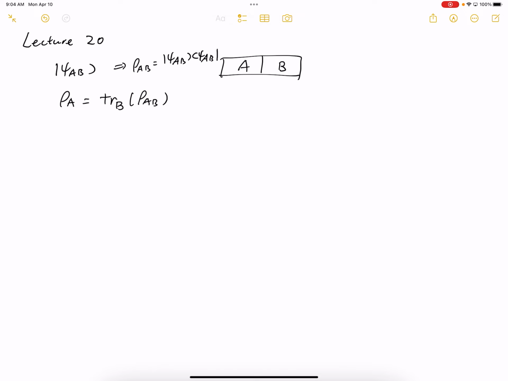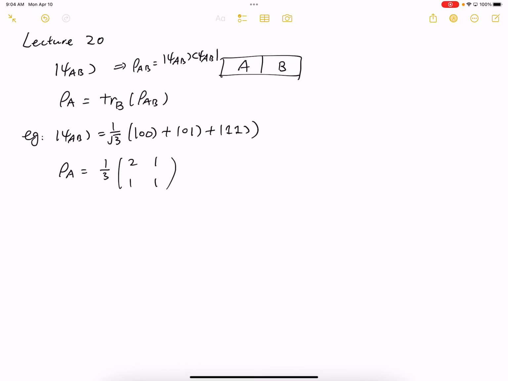We gave some examples. For example, the state we talked about in the last class, this psi AB here, is given by 1 over square root of 3 times (|00> + |01> + |11>). You all went through an in-class exercise to find rho A, which is basically the state of system A. If you can only measure system A, this is the state you're going to get. It's going to be a mixed state given by 1/3 of the matrix [2, 1; 1, 1]. The trace of this adds up to 1. So that's the reduced state. And then the entanglement entropy